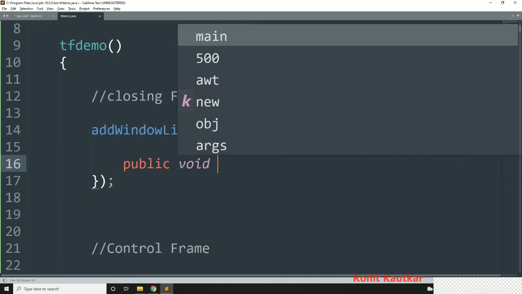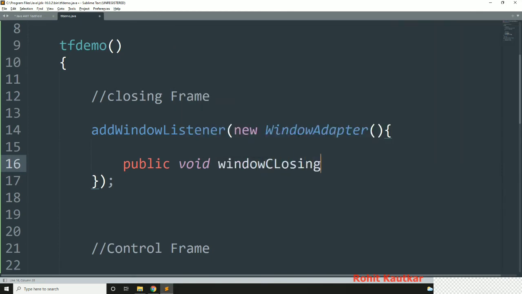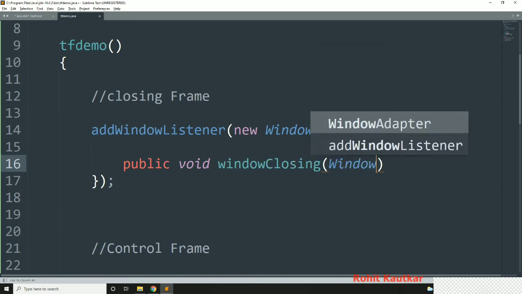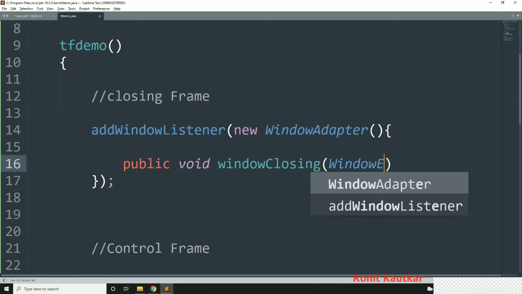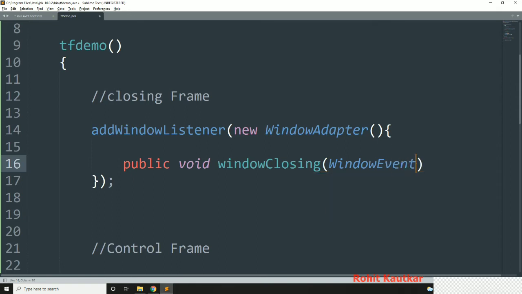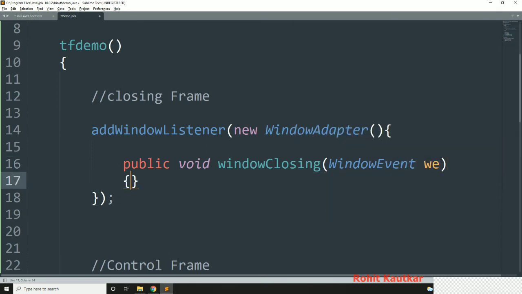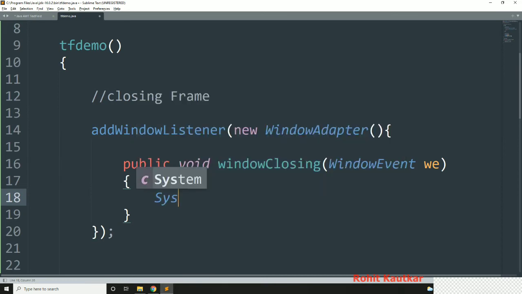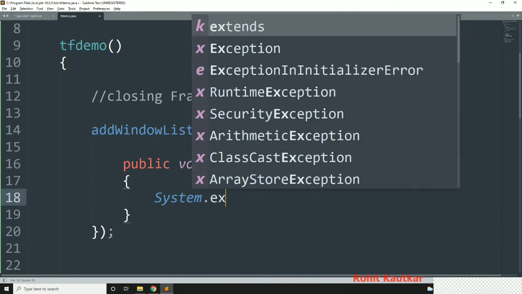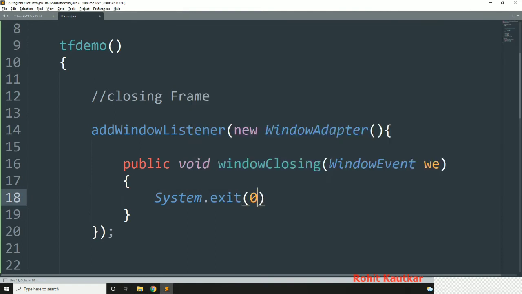So I will write public void window closing, and it requires the object of window event class. Let's say we. Now within this method we will write the statement system dot exit 0. So this will close our frame.